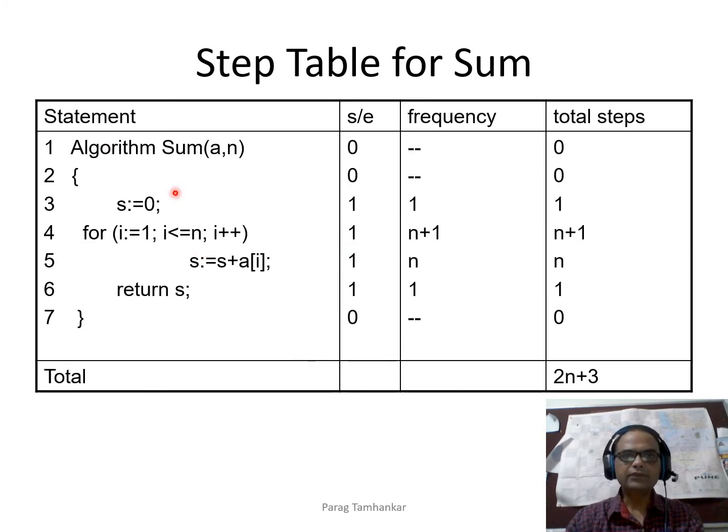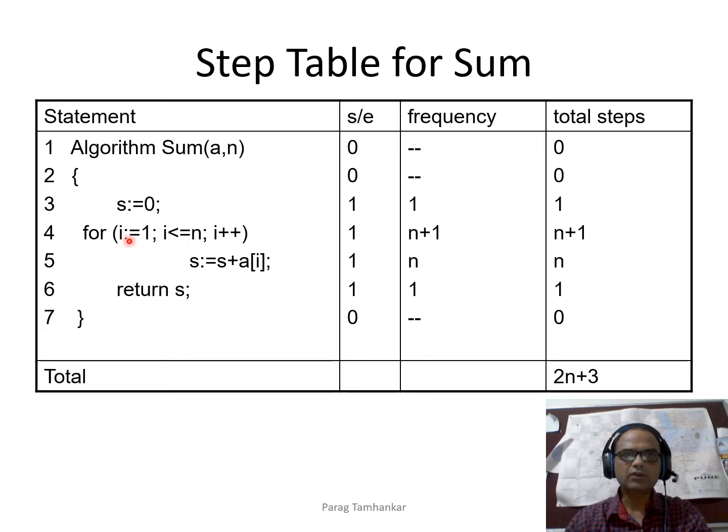Now in the previous video we discussed this algorithm for summation of all n elements in the array. Now which statements are executable statements over here? 3, 4, 5 and 6. These are the executable statements. What is the charge assigned to every instruction? 1. As you can see, S/E is 1. But now since this is an iterative code, we have to check how many times a certain statement gets executed when you run this algorithm on the machine.